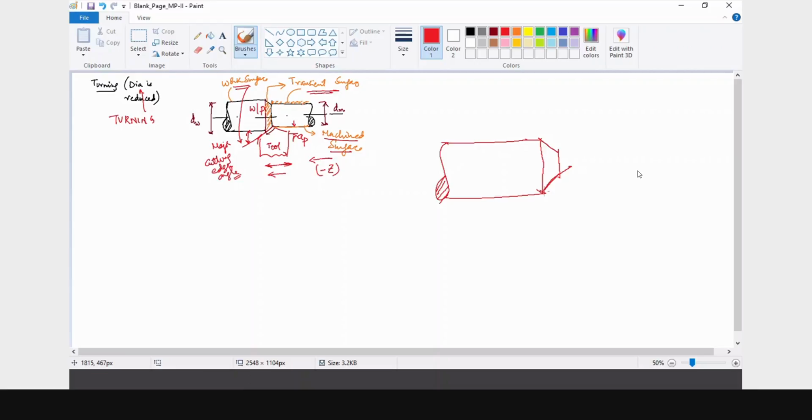We call it the minus X direction. I told you in the lathe machine you have only two axes, X and Z only. So this is my Z axis, and this is the X axis. Now you are moving the tool in this direction. Now you see this surface, after some time this will be removed.